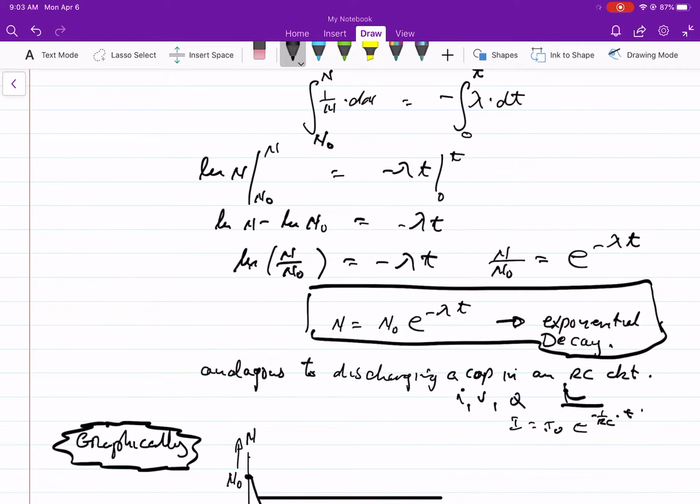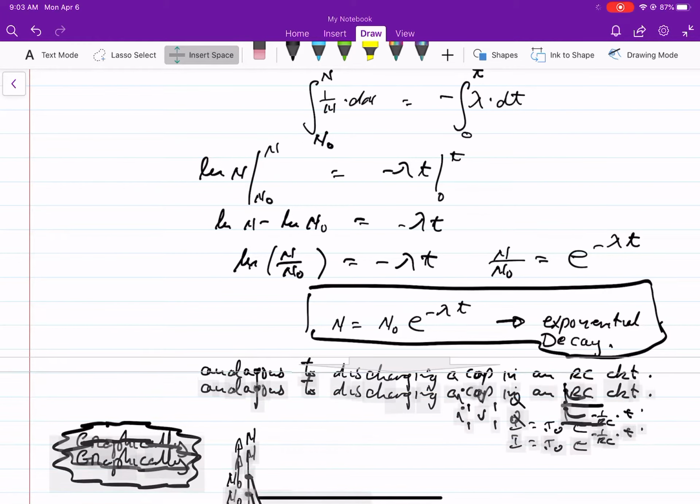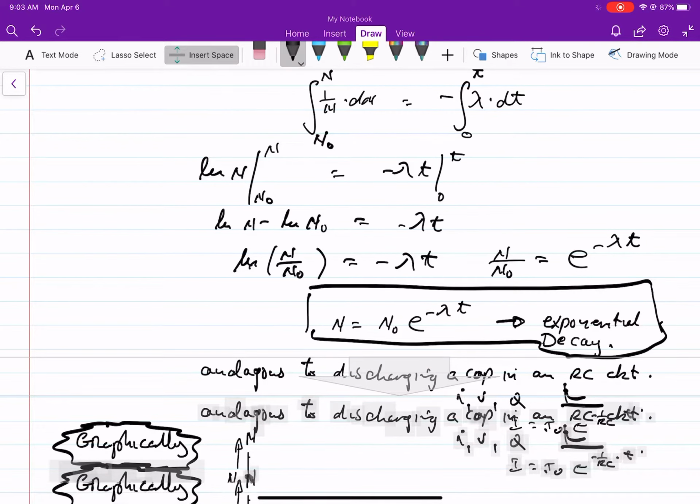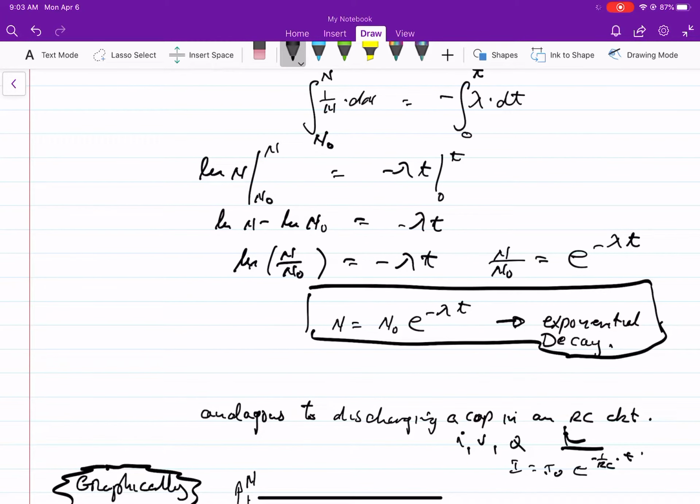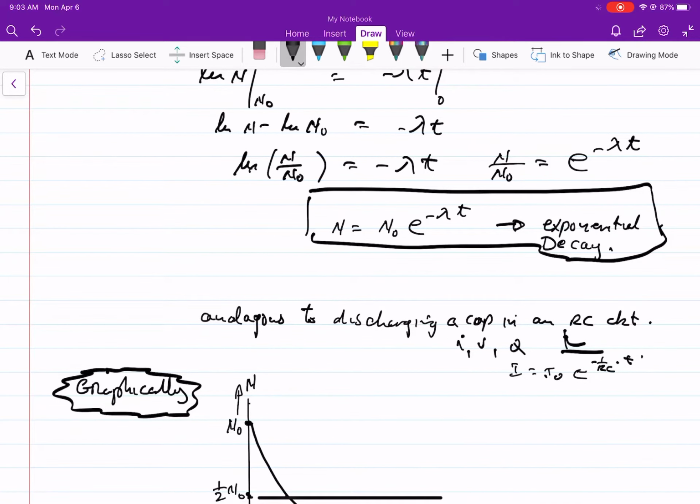That just shows as time goes on, the number of parent nuclei decreases with time. That equation is very similar to the equation or equations you were working with when you were dealing with the RC circuit, the discharge of an RC circuit. You remember? In the discharge of the RC circuit,